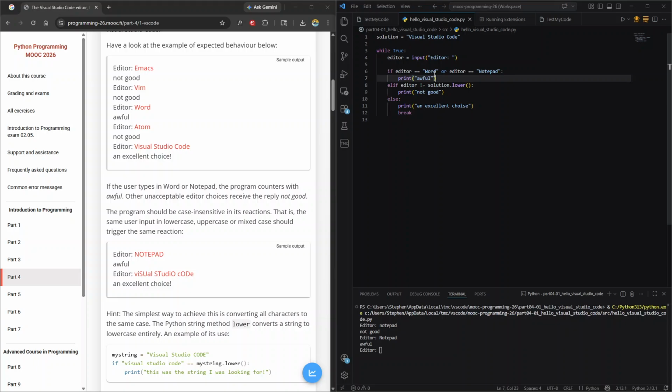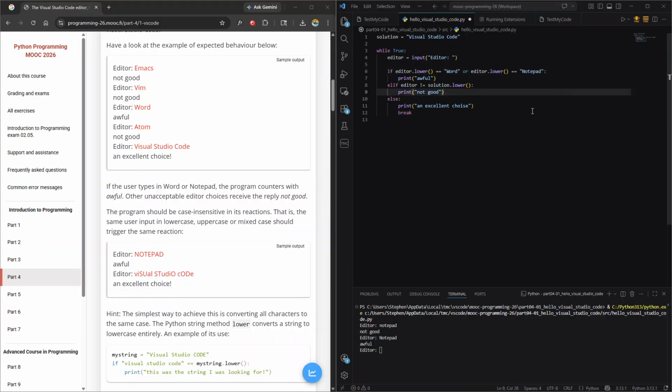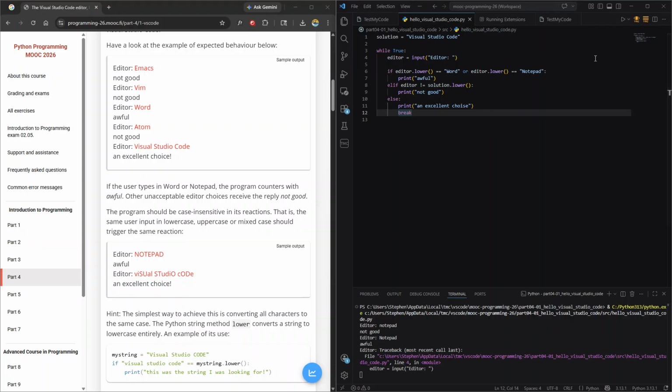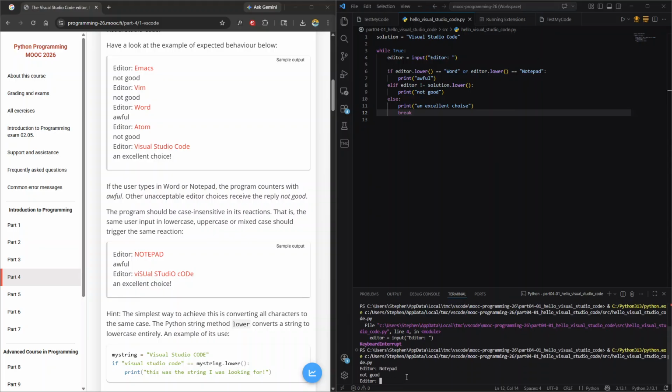So what we should do here, give me 1 second. So this needs to be case insensitive. So all we need to do here is just do dot lower, call that as a function like that, and then save. Let's run this again. Okay, so if we type in Notepad like that,